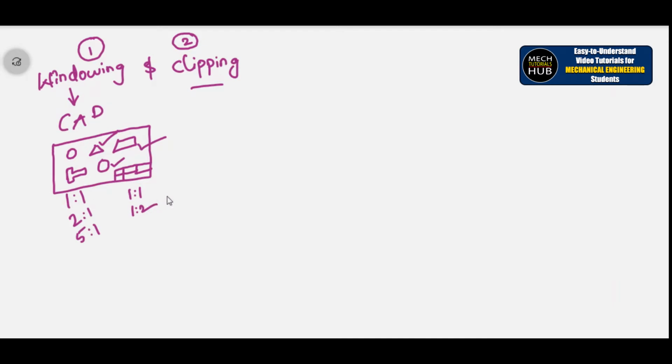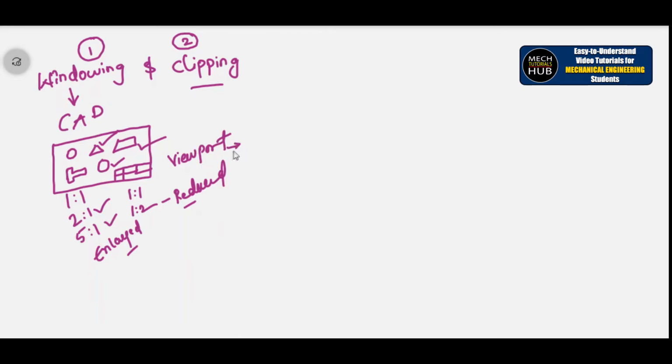Okay, this might be the case, nothing but scaling it down. We call this as the reduced scale, and these 2:1 and 5:1 as the enlarged scale. Okay, enlarged scale. This is how we do the practice. But this reduced scale as well as the enlarged scale both need to be drafted in the same sheet. In such scenario, we need to deal with viewports. Viewport, now, which is a part of modeling.